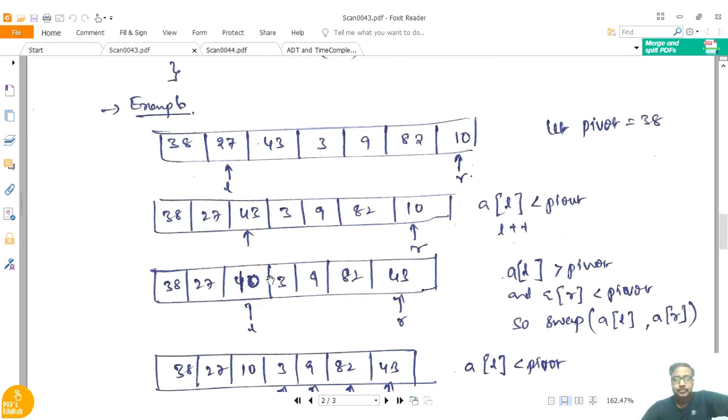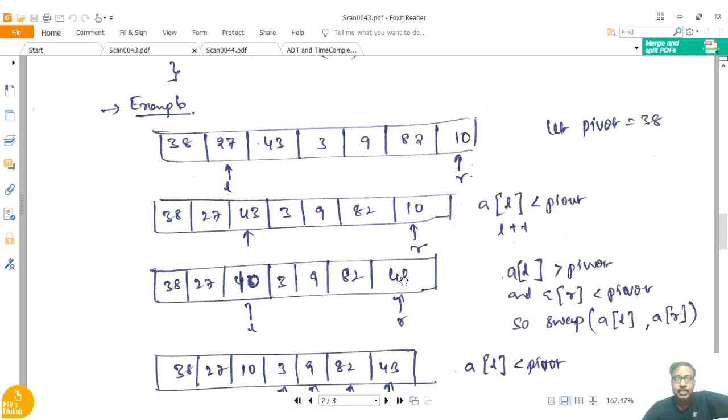Now A of L is greater than pivot, that is 43 is greater than 38, and you also compare with the right hand side value. A of L is greater than pivot, and A of R, the right hand side value, is less than pivot. So 10 is less than 38, but 43 is greater than 38.